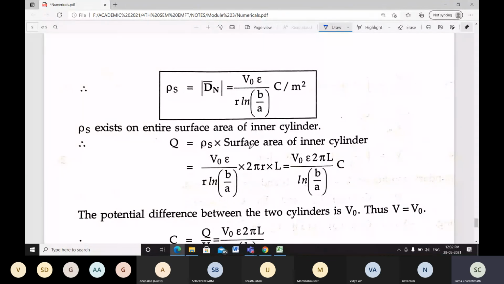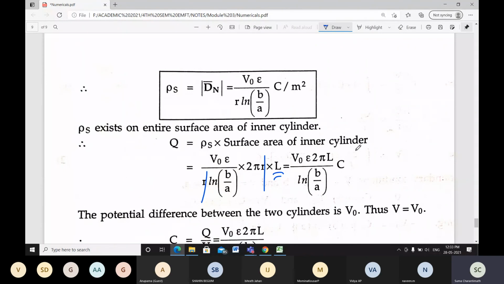Then Q is going to be rho s into the surface area of the inner cylinder, which is 2 pi r into L. Since we are considering a coaxial cable, we multiply with the length L. That is V naught epsilon divided by r ln(b/a) into 2 pi r L. The r gets cancelled, then we get V naught epsilon 2 pi L divided by ln(b/a)